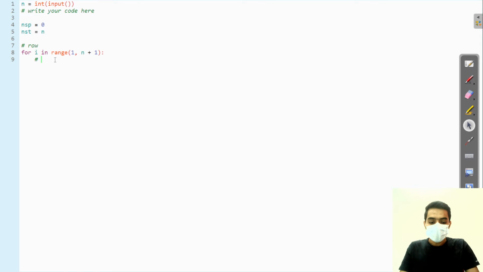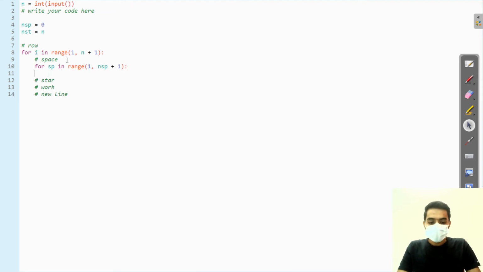In every row there are first spaces, after that stars, after that we have to do some work, and after every row we need a new line. For the spaces we need a loop: for sp in range of 1 comma number of spaces plus 1.